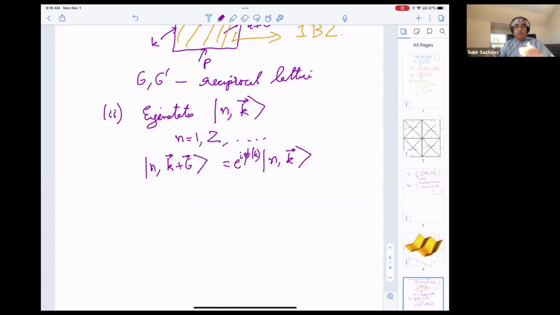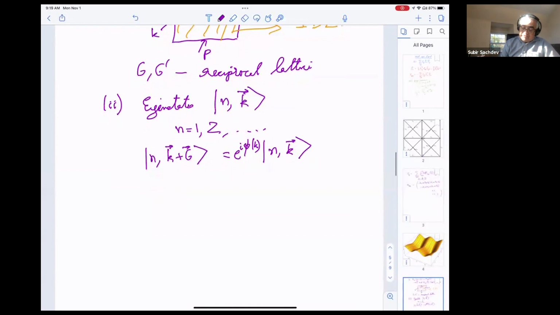There's always some winding in these states as you go around the torus. And that's the topology that we're interested in. It's characterized by the Chern number. And what TKNN showed is that any such band structure